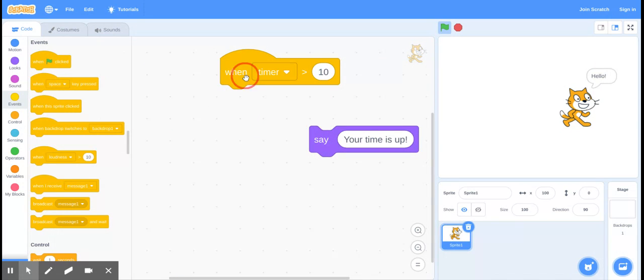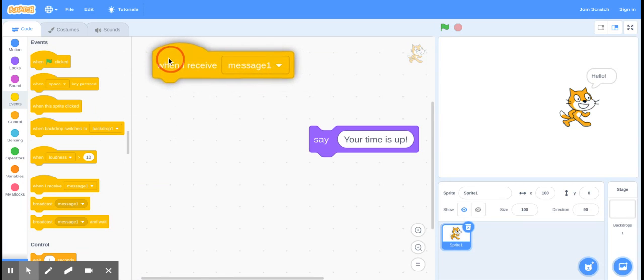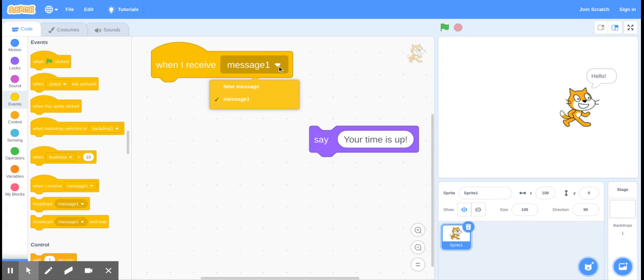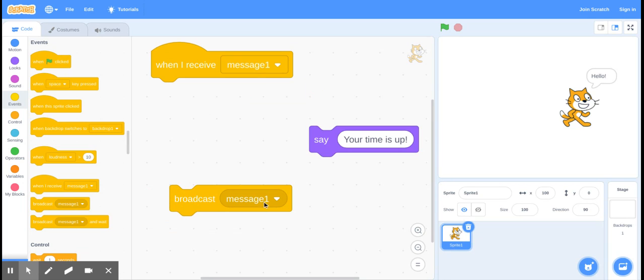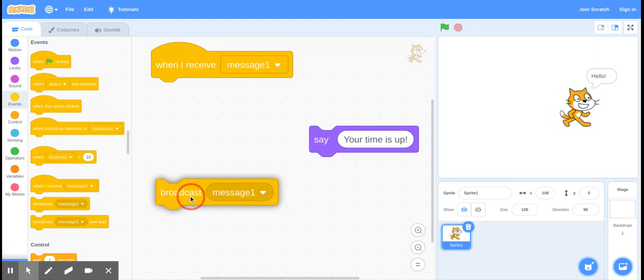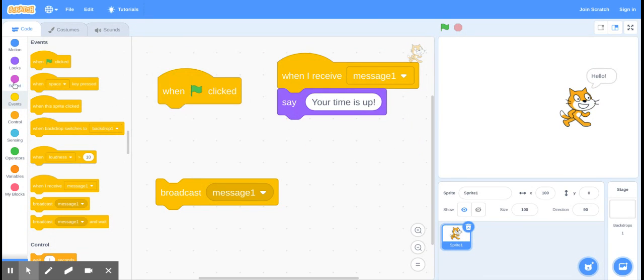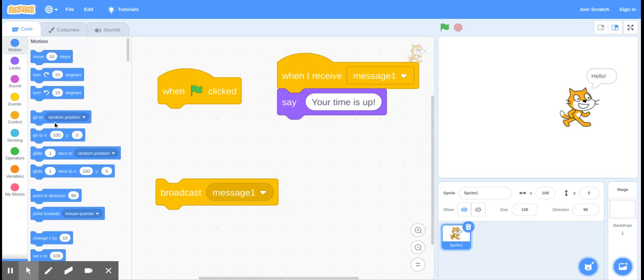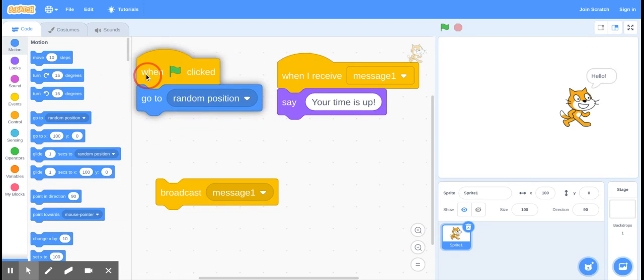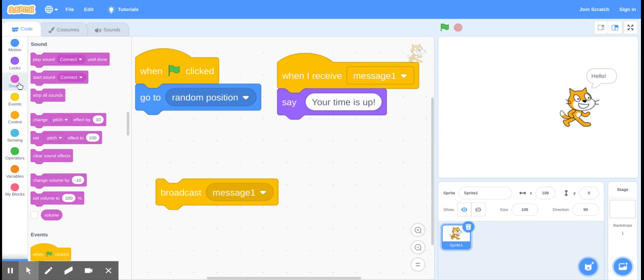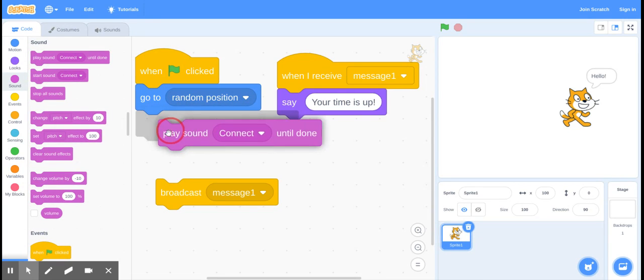with messages, which happen to be the most complicated one of all the events and something we can generally avoid for now. The idea here is that when you receive message 1, you can define the messages. So the 2 events you can use here are broadcast messages. So at the bottom of a stack of instructions, you could broadcast a message, which would then trigger the next stack. So I could have my little thing saying he's going to go to a random position when the green flag is clicked. He's going to play the sound meow